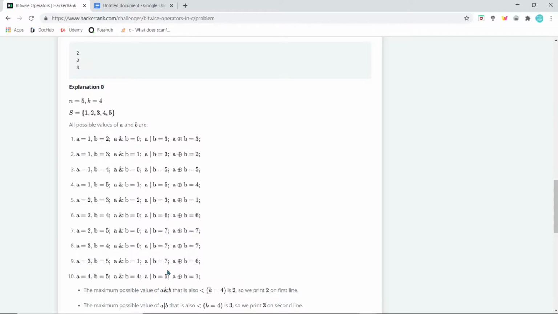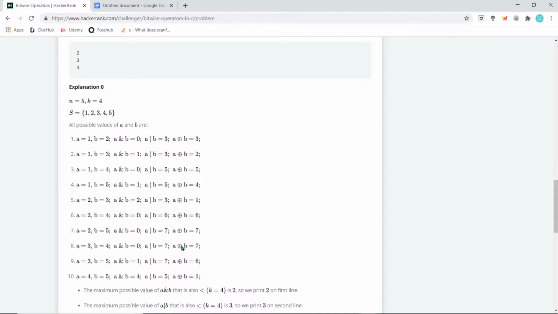And the next value we have is 4, and we have the next highest value as 3. Okay, so 3 is less than k, which is equal to 4, and this is the next highest value, so 3 will be considered. In the third column, the exclusive OR column, we have the highest values 7, 6, 5 and